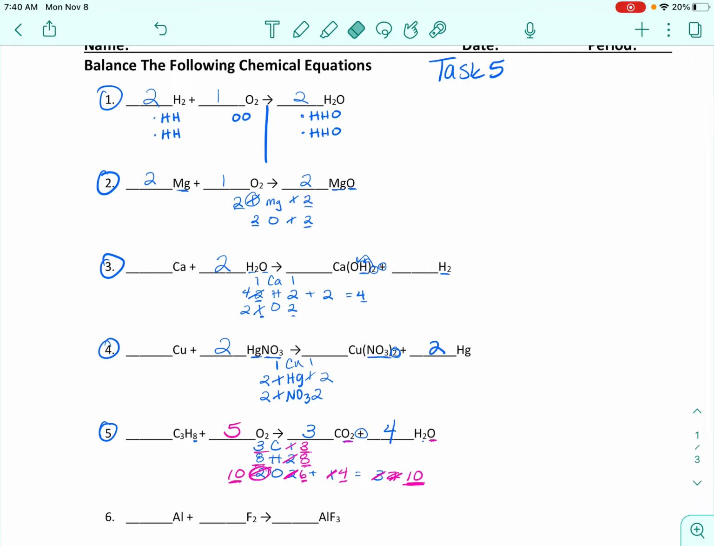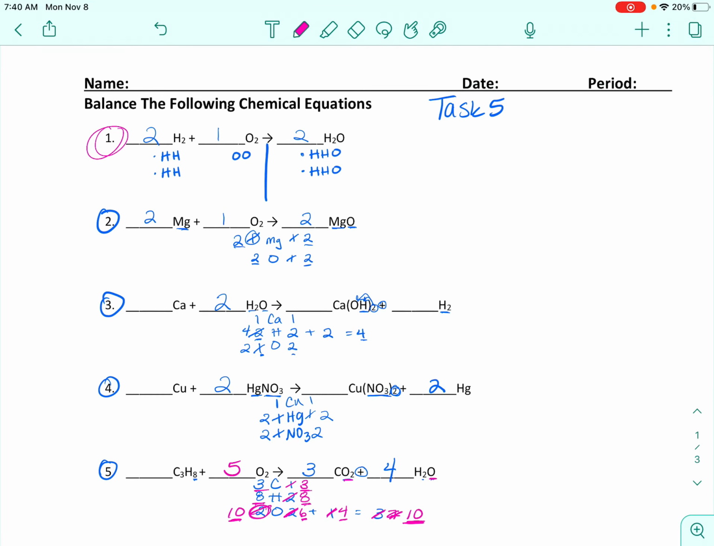So you can use whichever method you like. If you liked this method that we did on number 1, you can continue to do it like that. If you liked the drawing that we did previously, you can do it that way. Or if you like the mathematic way, you can do it that way. Whatever works for you. We can talk about this tomorrow. Do your